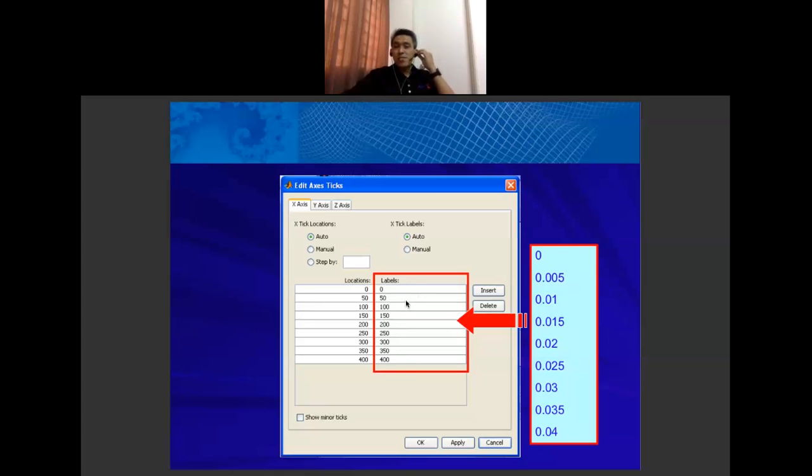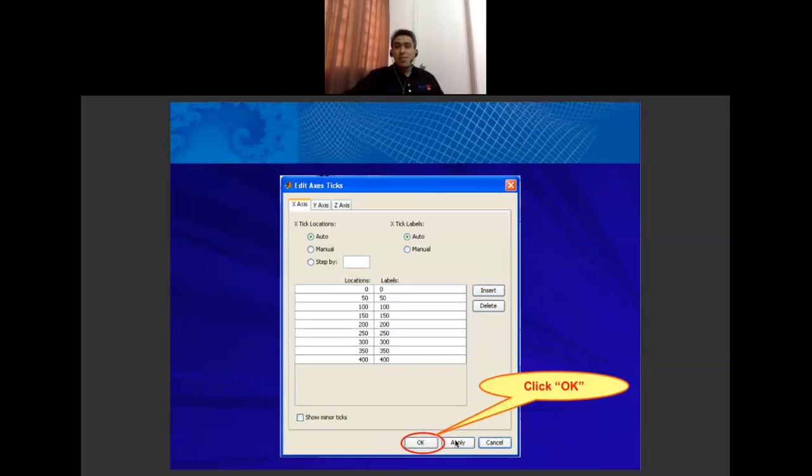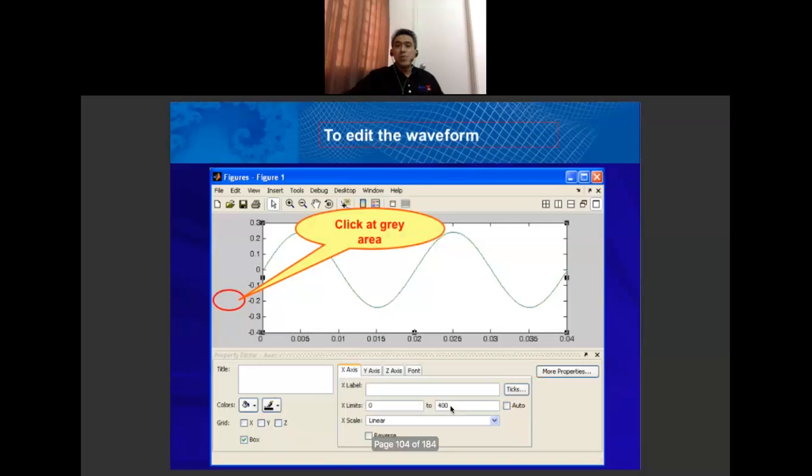Since you changed all of these labels, you click apply and then click OK. Then look at the axis parameters. They are according to the values that we have set just now, from 0 up to 0.04 second.